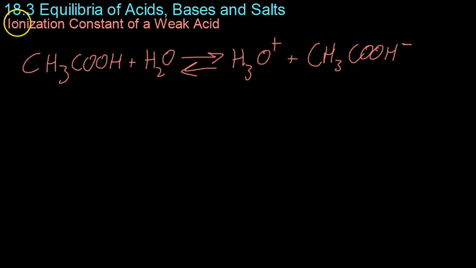Alright, so this video is going to be covering Chapter 18, Section 3, which deals with the equilibria of acids, bases, and salts. We'll be starting off by looking at the ionization constant of a weak acid. So here we have acetic acid dissolved in water to form hydronium and an acetate ion. And what you have to realize is that acetic acid only dissociates 1.3% of its total, basically only 1.3% of the total molecules of acetic acid that go into a solution of water actually dissociate into their component